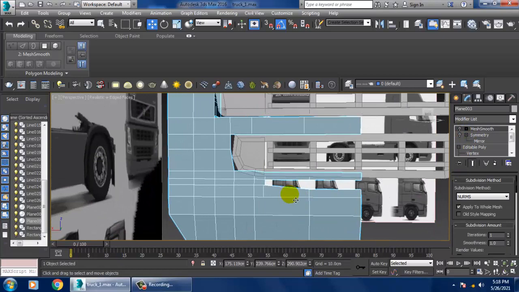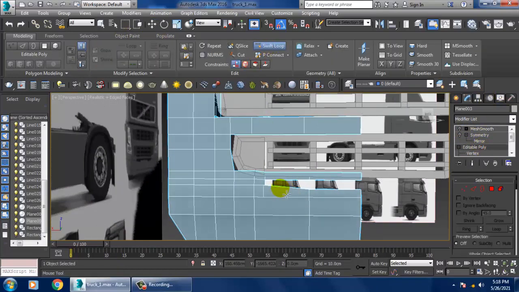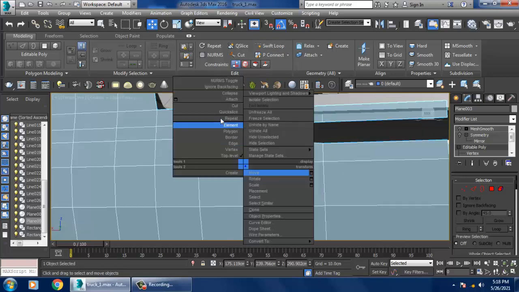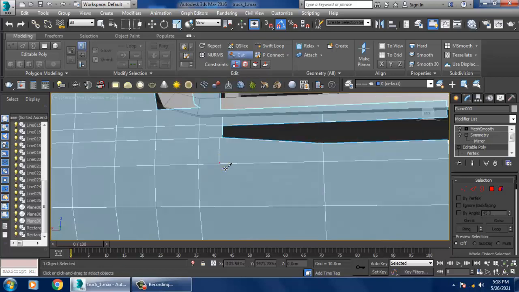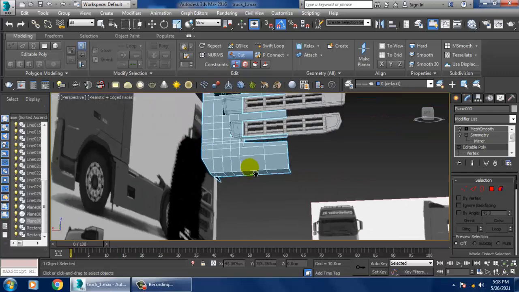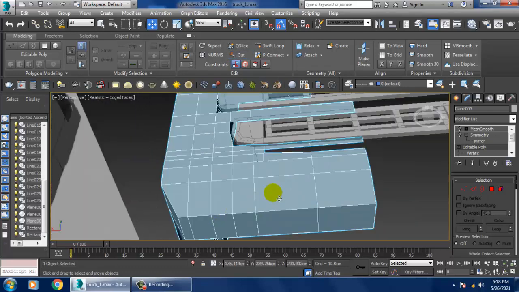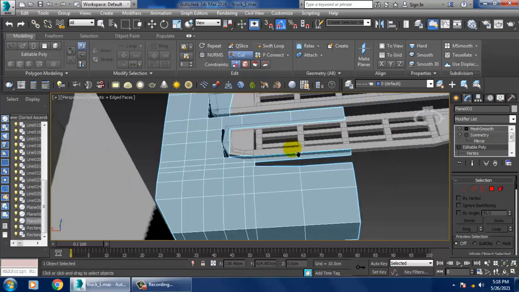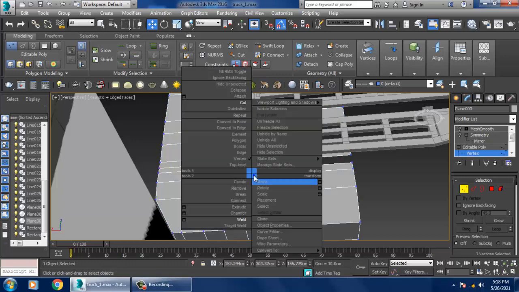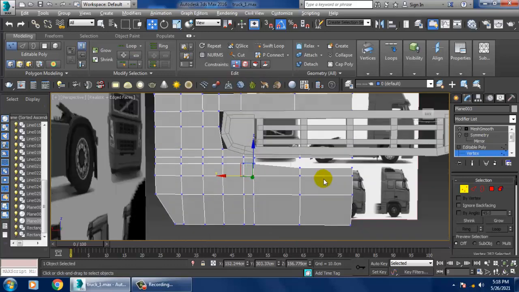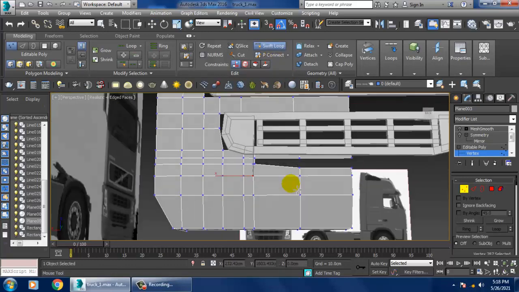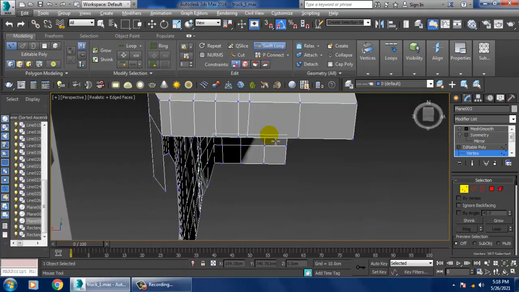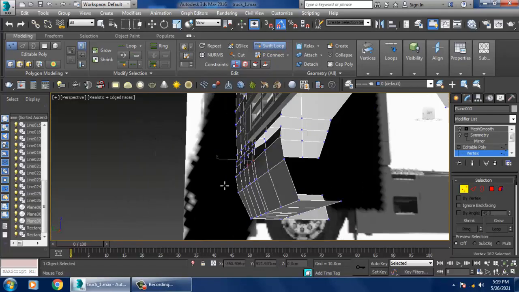We do require some segments over here. I can put some segments, or I can just take a cut tool. So right click, just use a cut tool, and you can just weld that. You can use a swift loop over here.